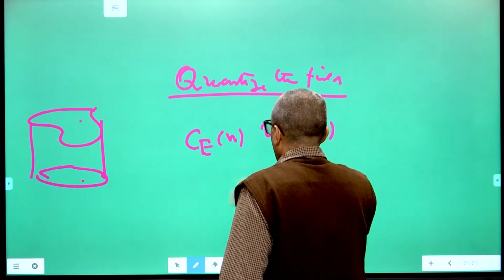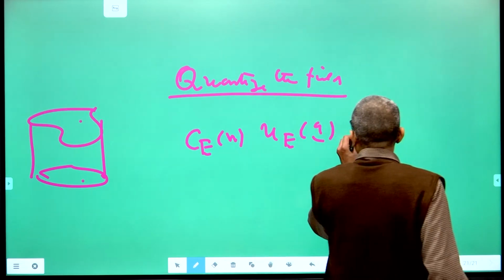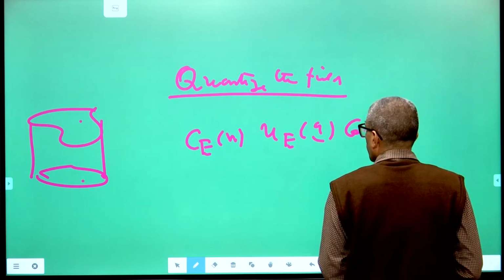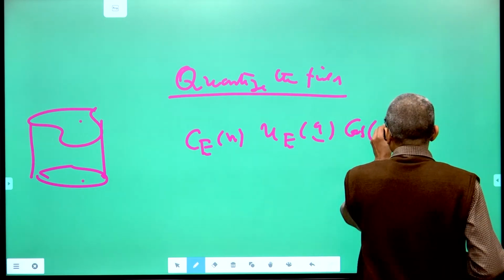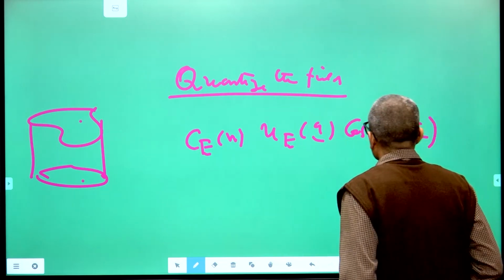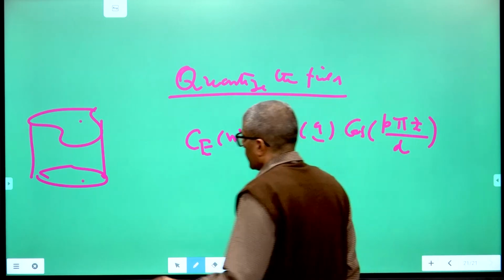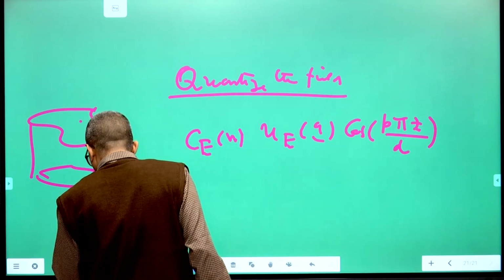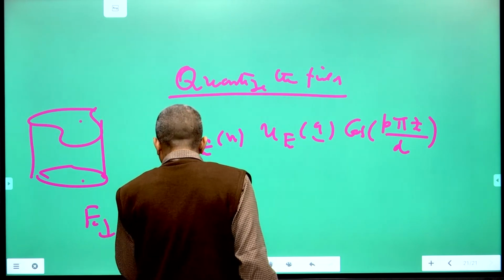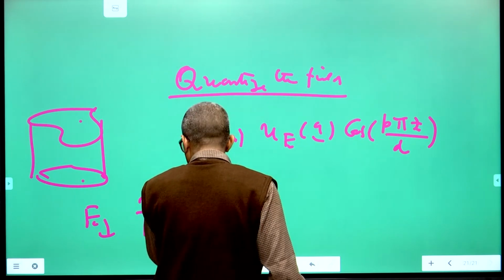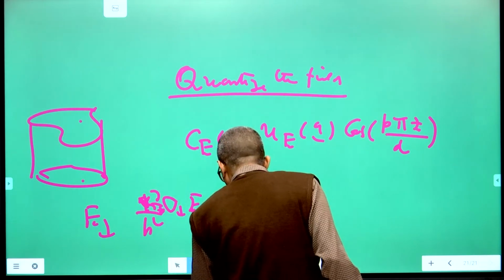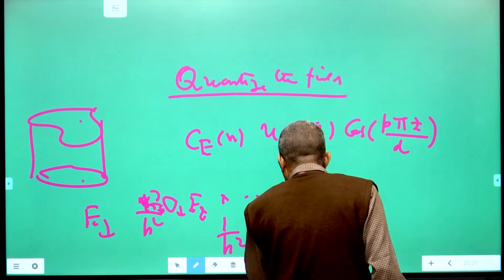So you will have to take cos of p pi z by d, that is the dependence on z, so that dou E by dou z. You see your E perpendicular was what? It was gamma by h square into del perpendicular Ez plus other terms. This gamma can be replaced by a derivative with respect to z. So this is proportional to 1 by h square times del perpendicular dou Ez by dou z.